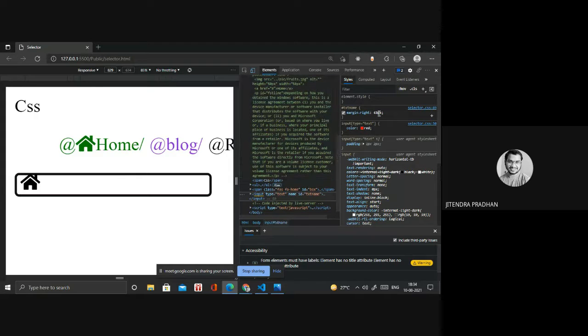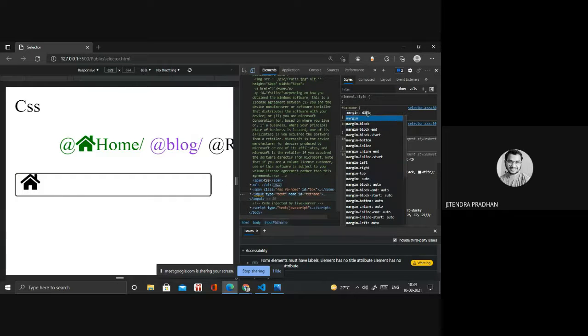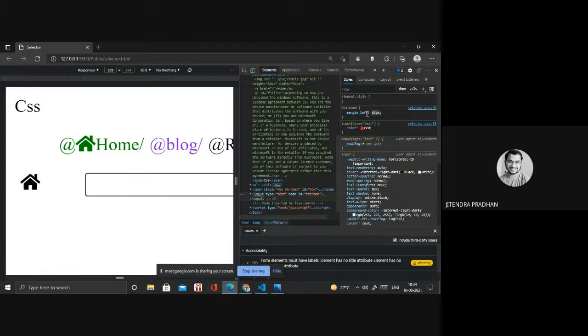Okay, I need the cursor to start after that icon, right? By using placeholder, we cannot do that. Okay, margin left. If I give margin left, let's see what happens. It's margin left. Okay, it's coming inside that, right?